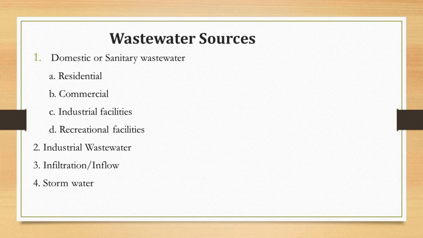Okay, so as you consider the domestic wastewater, the sources are the residential areas, commercial areas, and institutional facilities; these all are included in domestic wastewater. The next source is industrial wastewater, then stormwater and infiltration. So basically it is classified into two types: domestic wastewater, which comes from the residential, commercial, and institutional areas, and the second one is industrial wastewater, which comes from the different types of industries.